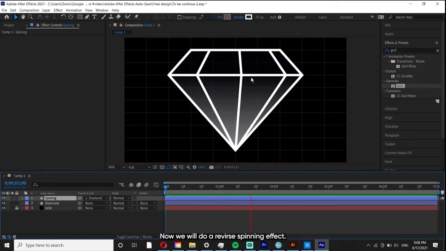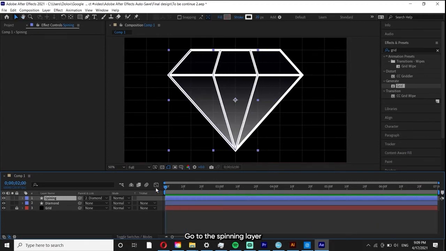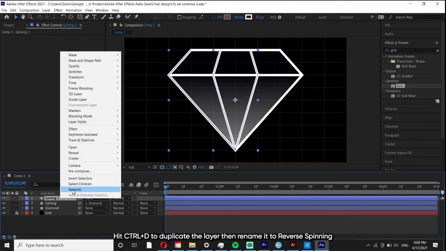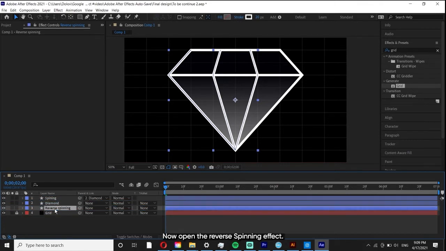Now we will do a reverse spinning effect. Go to the spinning layer, hit Ctrl+D to duplicate the layer, then rename it to reverse spinning. And drag it below the diamond shape. Now open the reverse spinning effect,